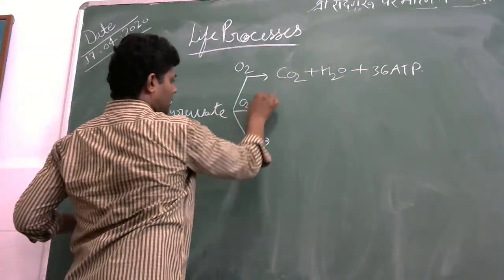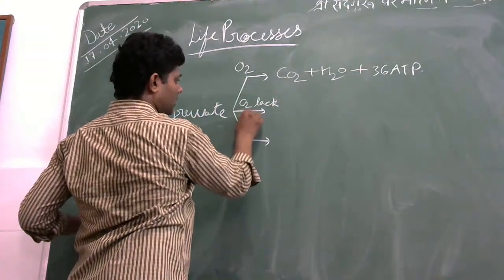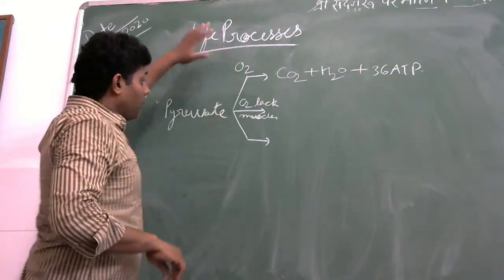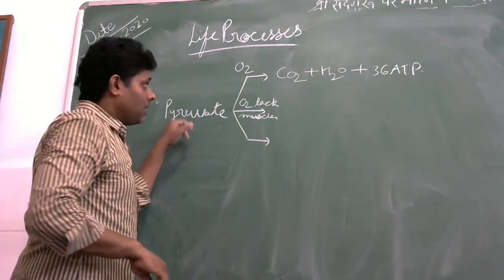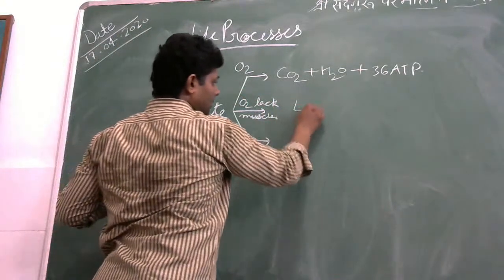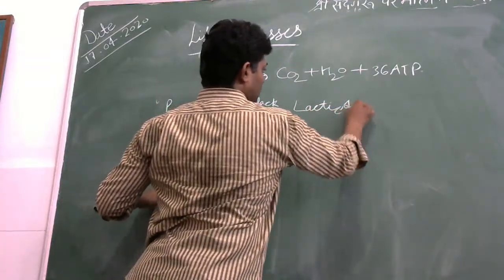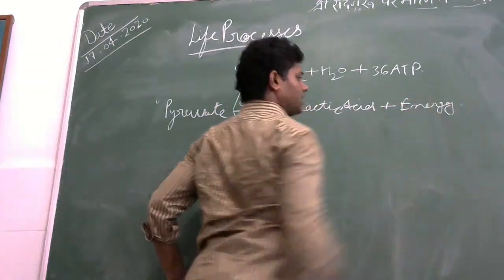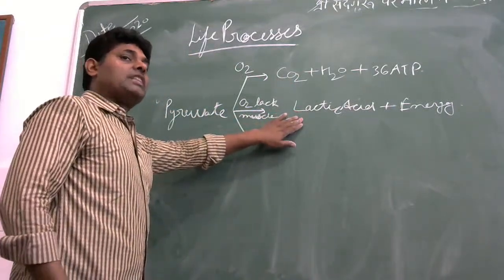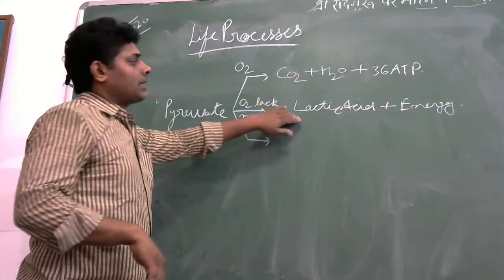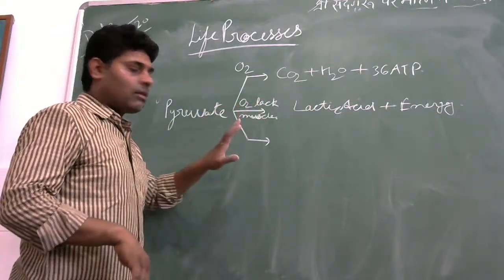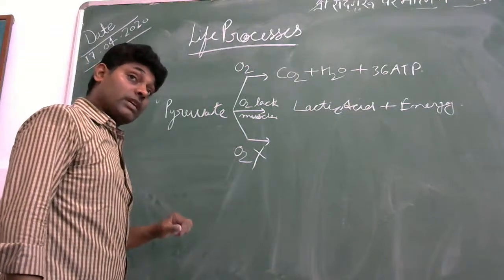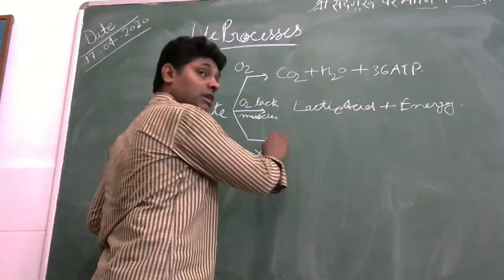If oxygen is lacking in the muscles, then what happens? Partial breakdown of the pyruvate will occur. It will not break down completely and makes lactic acid and very little energy. When we take a sufficient amount of oxygen, again the lactic acid will break down and release some extra energy. If oxygen is absent, meaning anaerobic respiration, then this pyruvate will break into